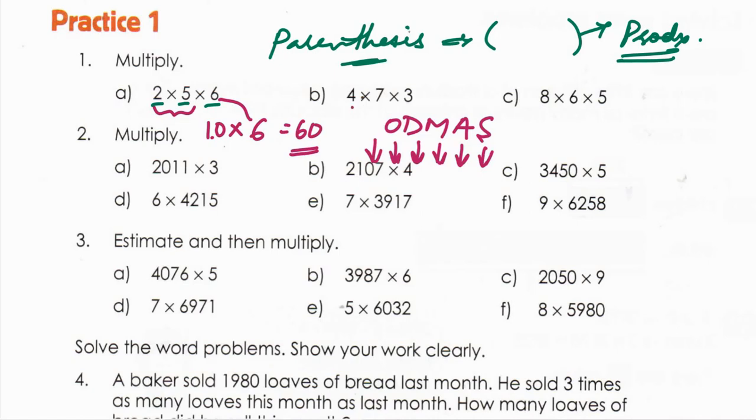Similarly, go to the next one. Either you club these two numbers or you club these two numbers. If you want to club these two numbers, then you keep the 4 as it is, and you get the product of these two numbers. 7 3 times how much? 21. 4 into 21 is nothing but 84.